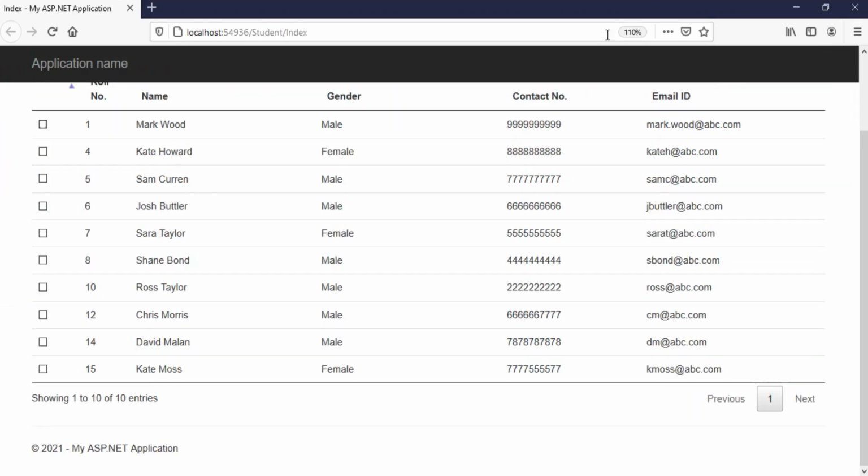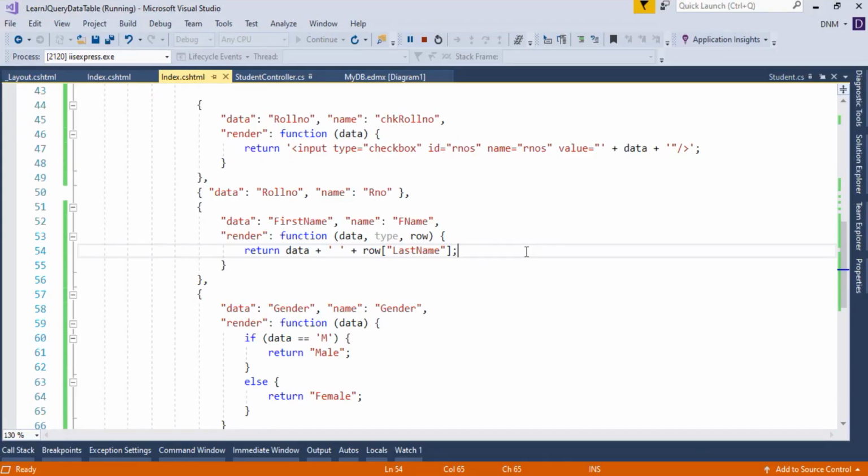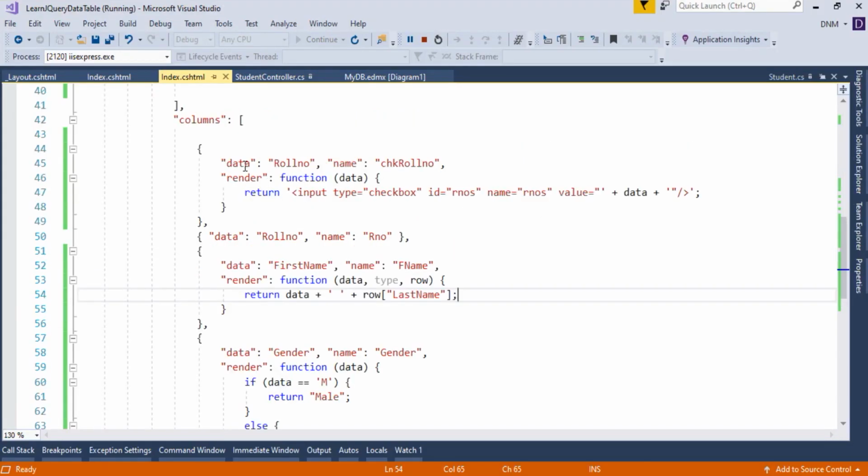Let me switch to Visual Studio. As you can see here our data is bound with roll number. So we are assigning the value of data to the checkbox value. Here it's your choice which value you want to bind, and depending on that you can assign that value to your checkbox.